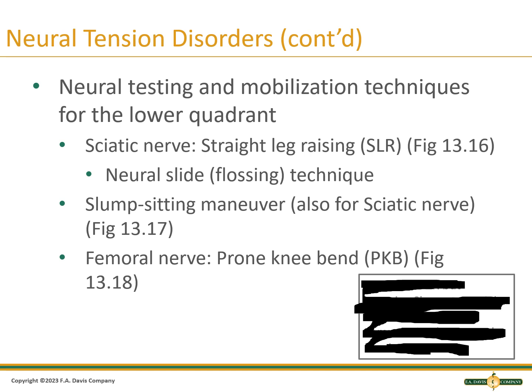The straight leg raise can also be used as a good neural slide flossing technique, and again, we'll go over these in class so you'll understand what we're looking at here, and there are the videos embedded in the lecture. And then the slump sitting maneuver, also for the sciatic nerve, is going to be figure 13.17 on page 417,